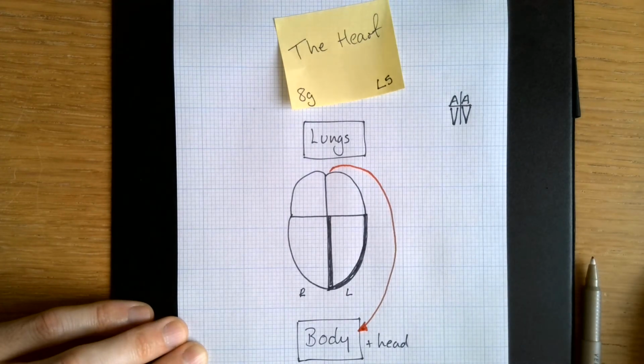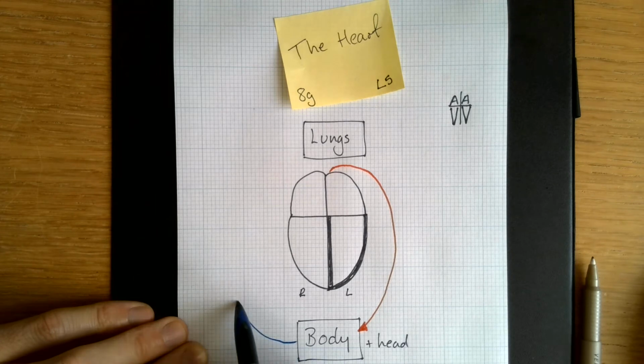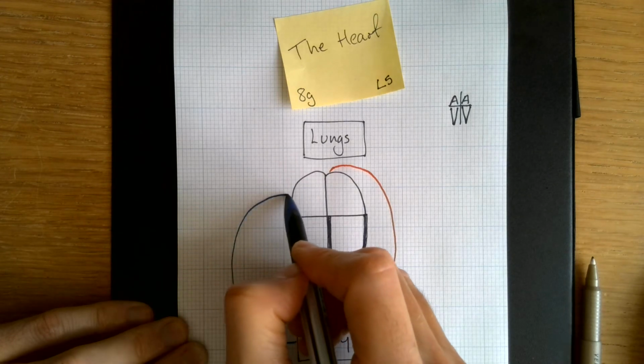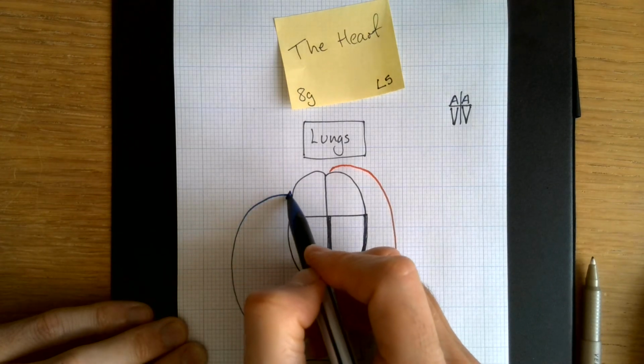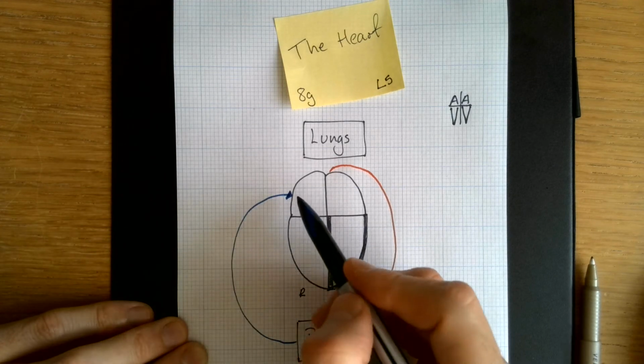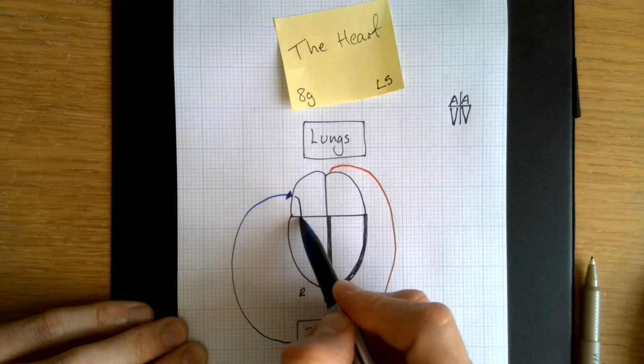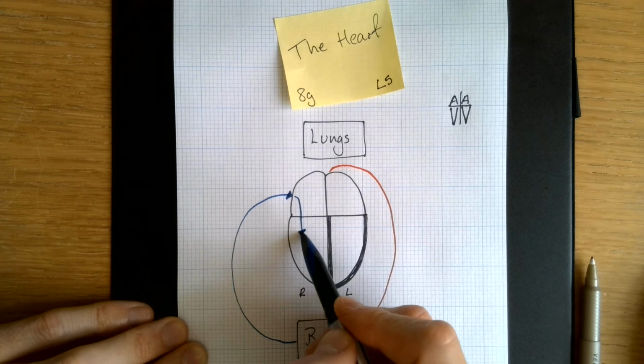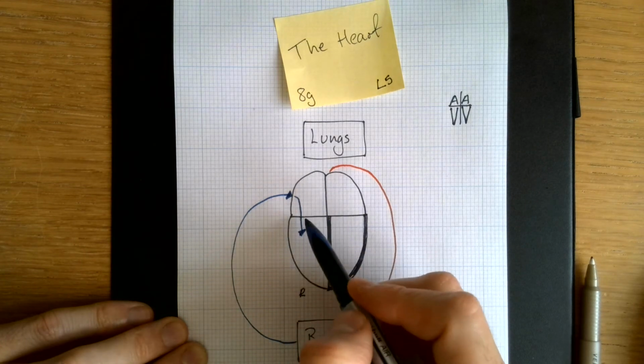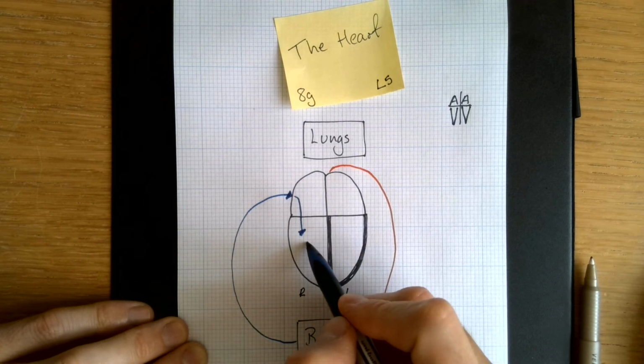And as soon as it passes through all the cells in the body, the oxygen is dropped off to the respiring cells. So it changes from being oxygenated blood to what we say is deoxygenated blood. The blood returns from the head and the rest of the body and enters via the right atrium. Once it goes into the right atrium, it passes through into the right ventricle, so the heart beats, squeezes the blood through. It then does a U-turn